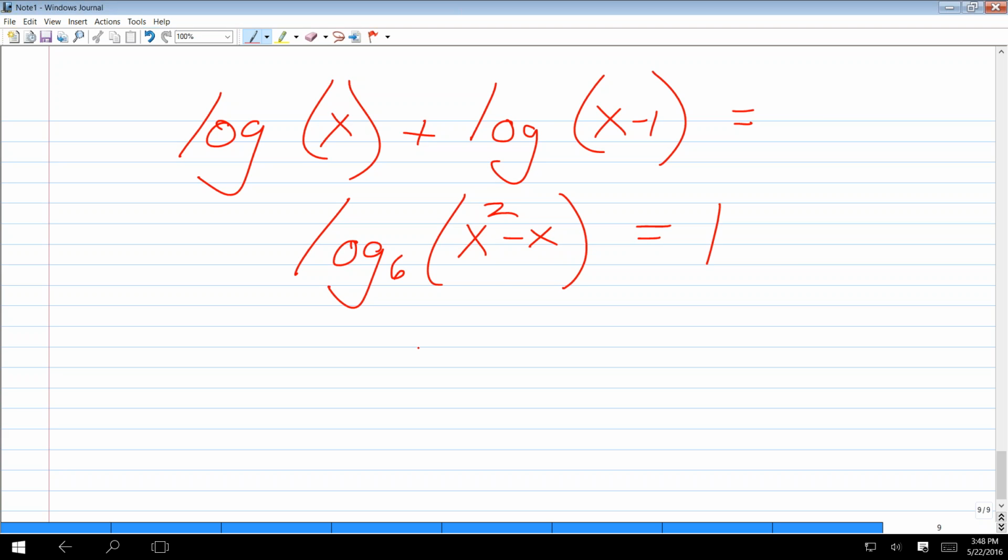Okay, now what? In other words, the only thing I changed were stuff you didn't need. You did the hard part. Now how do you solve it? Would you make it 6 to the 1 power, so just 6 equals x squared minus x. Okay, keep going. And then you subtract 6 to make it 0 to solve. And then,